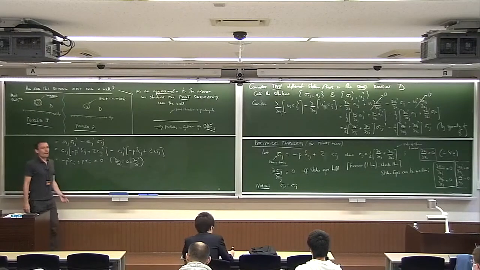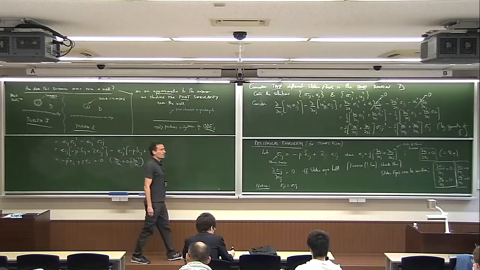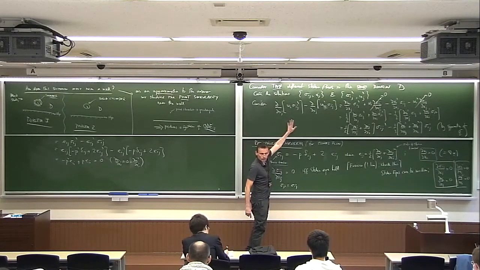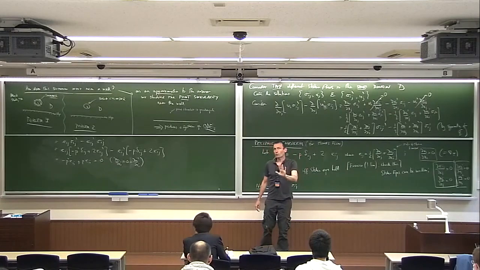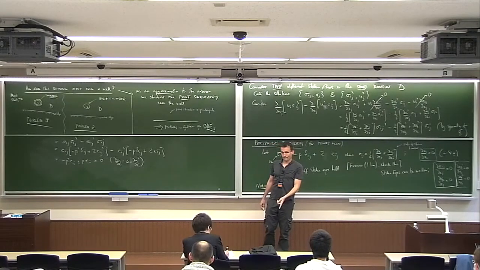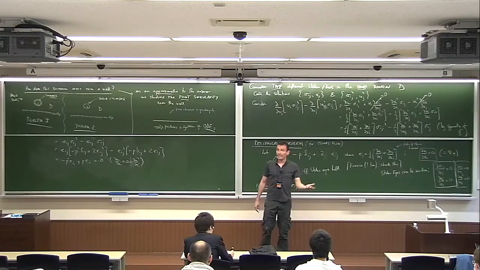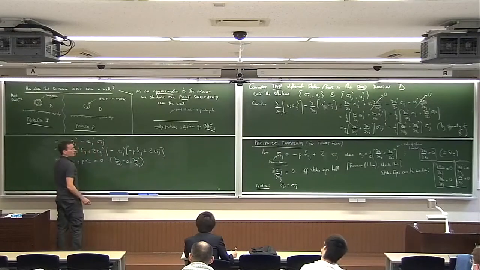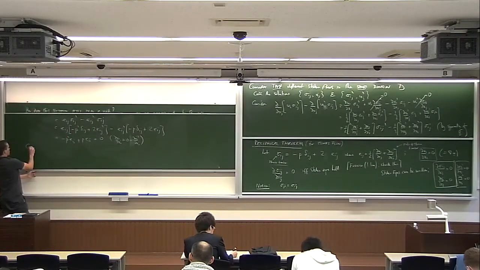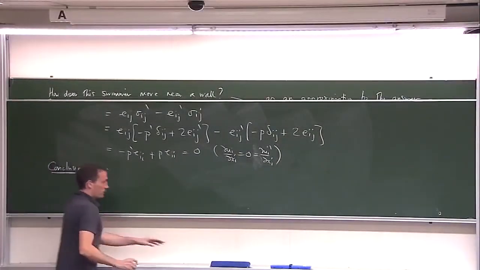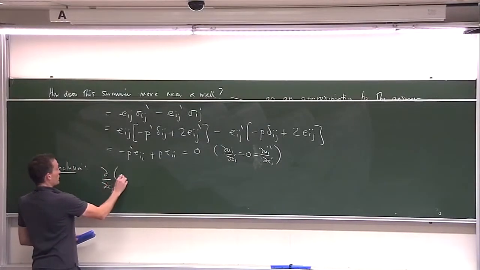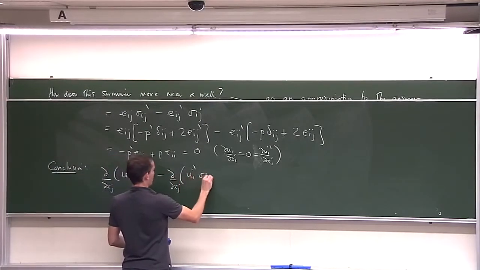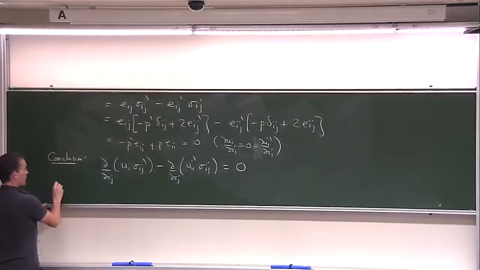What do you think I'm going to do now? Look, I've got basically a gradient operator here, and these are purely local statements. But I've insisted that both flows take place in the same domain. So I'm going to make this a global statement now by integrating this over the domain. Okay, so where do I want to go? Let me just do it again. So this is the conclusion. Oh, let's not integrate yet. Let me just say the conclusion. d by dxj of ui sigma ij prime minus d by dxj is equal to 0. So let's now integrate